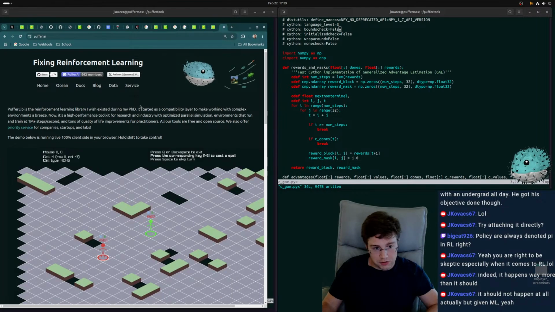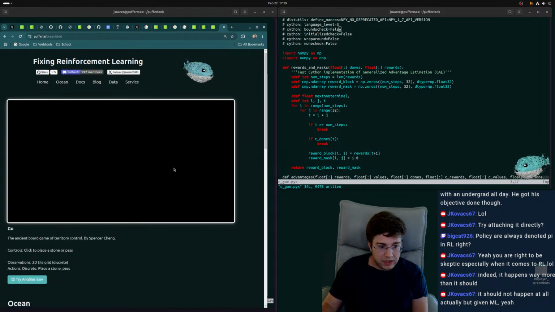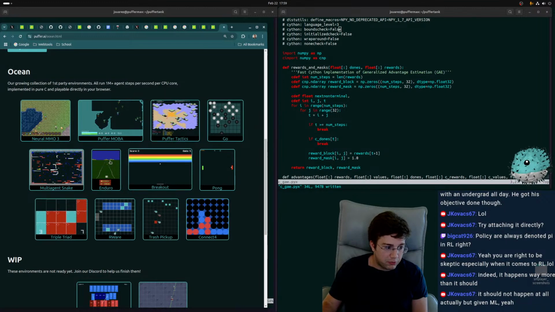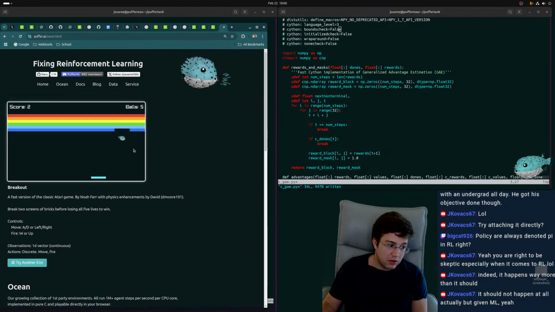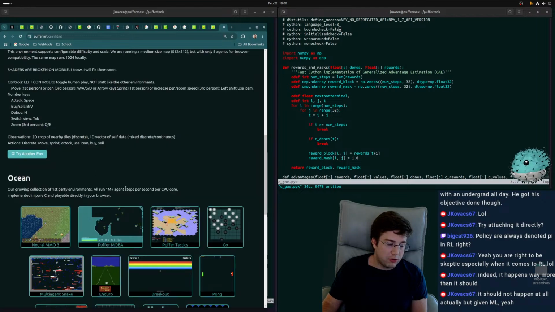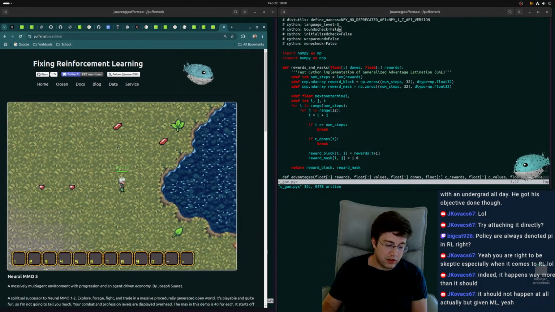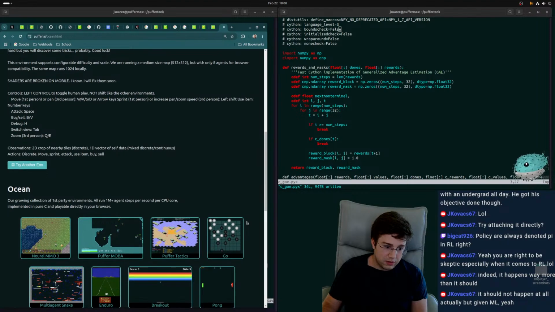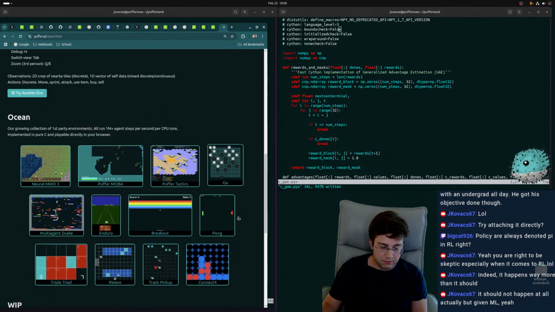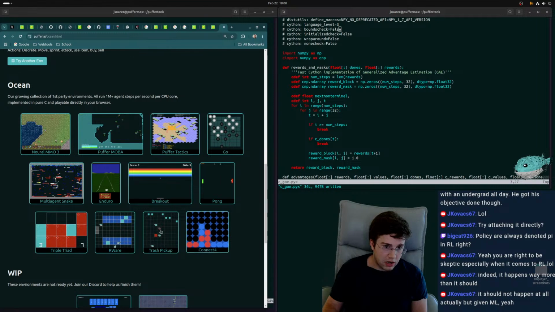So we have very simple and clean code, and we have all these environments that run at 1,000,000 steps per second. So now you can run thousands of experiments on your one GPU that you can afford on your academic budget. You can do everything from Breakout at 1,000,000 steps per second, which is not that hard to make, all the way up to Neural MMO at 1,000,000 steps per second, which is one of the most complex RL environments out there, with hundreds of agents and a dynamic economy and all sorts of stuff. And this library is growing constantly.